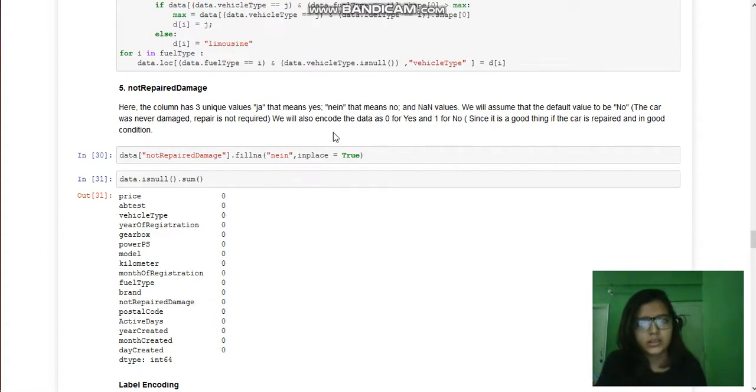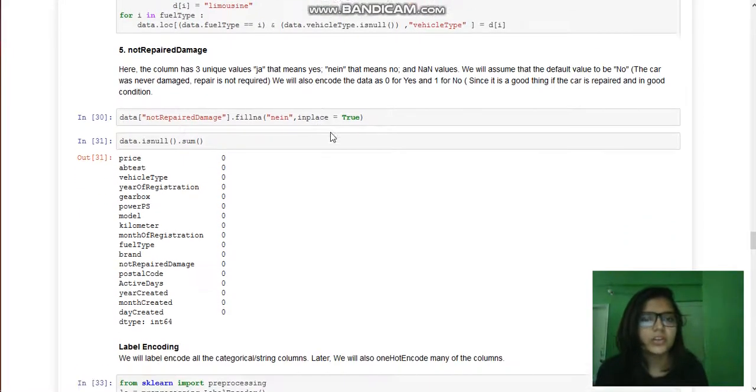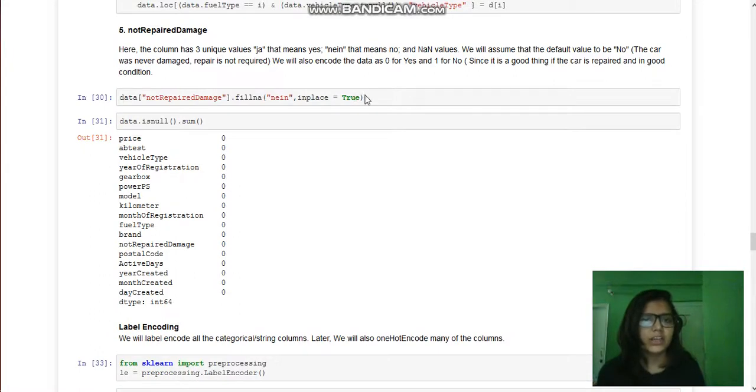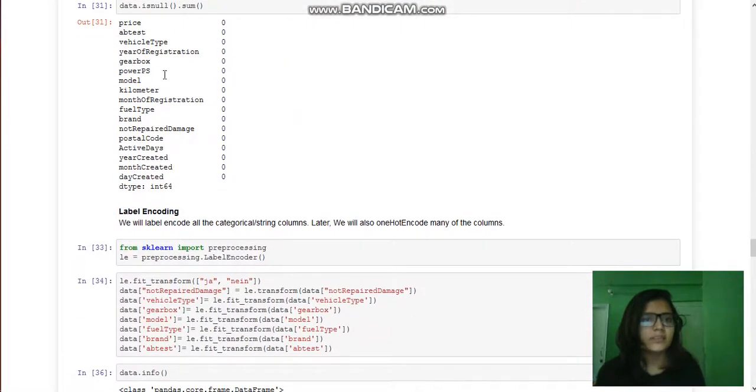We'll replace all the nan values with no, and label encode it. Since it's a good thing if the publisher answers with a no, we're going to replace it with one for no and zero for yes. Over here we fill all the NA values with nein, that is a no, and then we see that all our null values are taken care of.